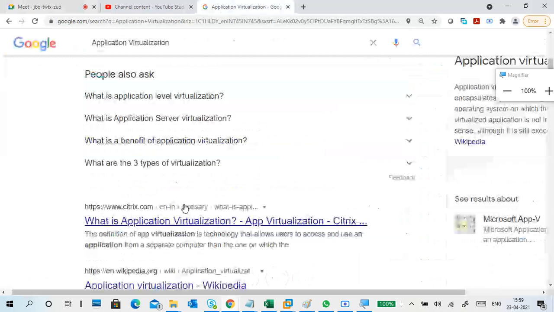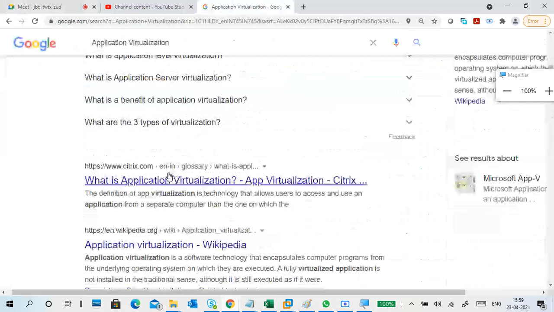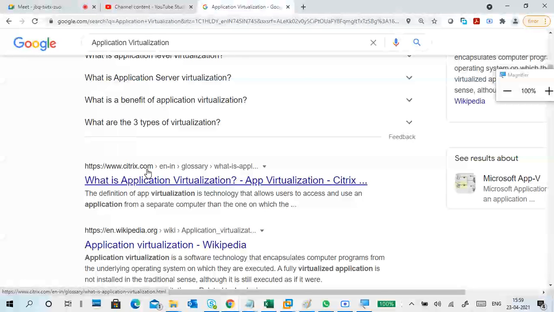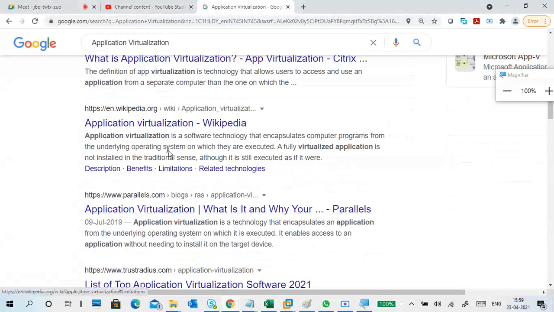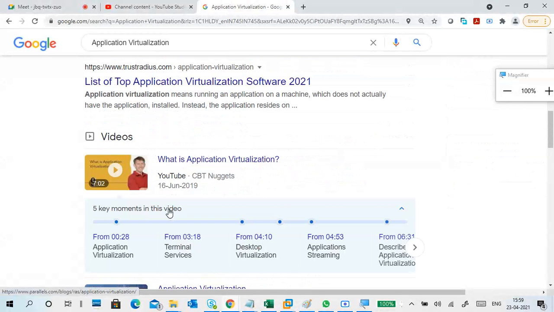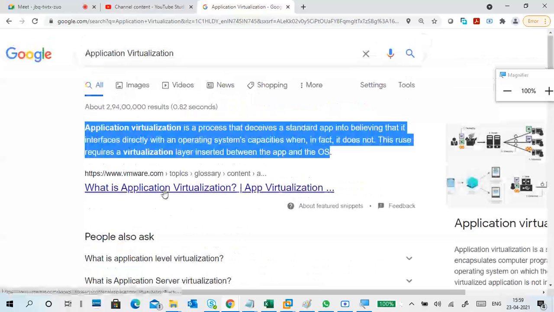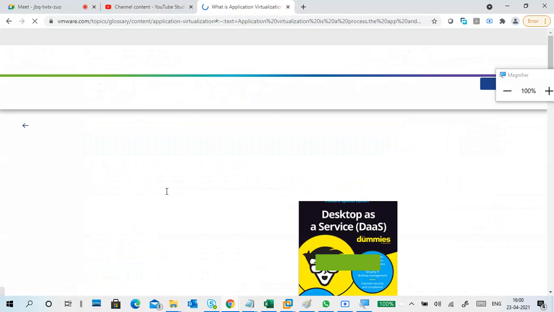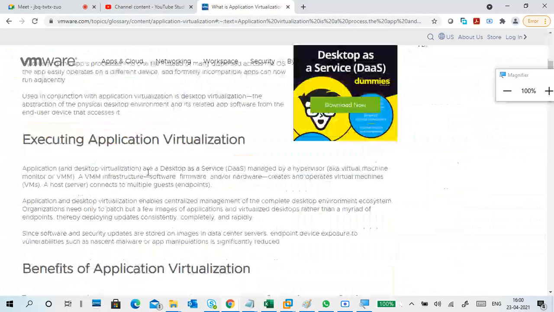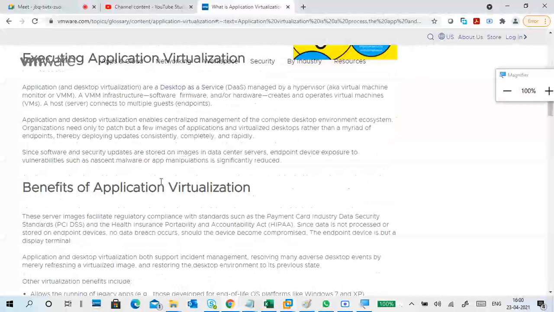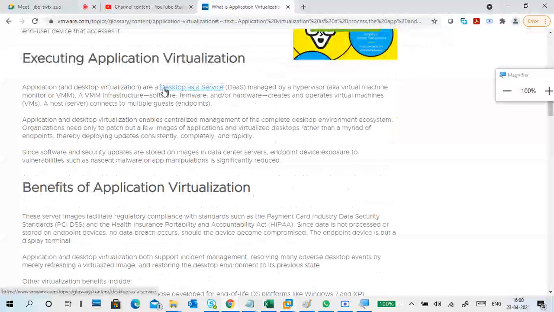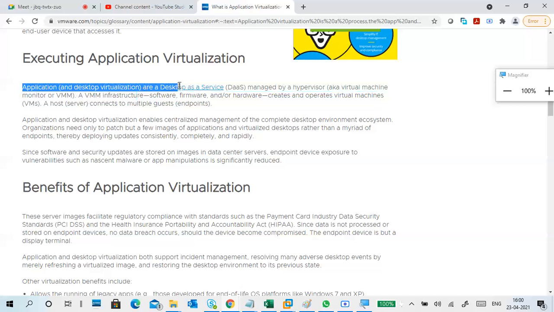Otherwise, you can check on Google what different application virtualization products are provided. This is Citrix XenApp. This is VMware. So we can use an application or a desktop as a service, managed by a hypervisor, aka virtual machine monitor or VMM.